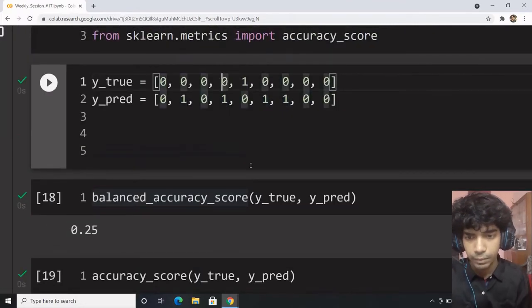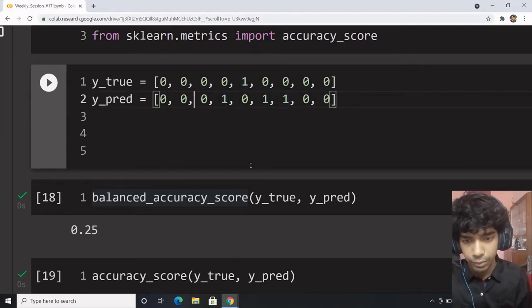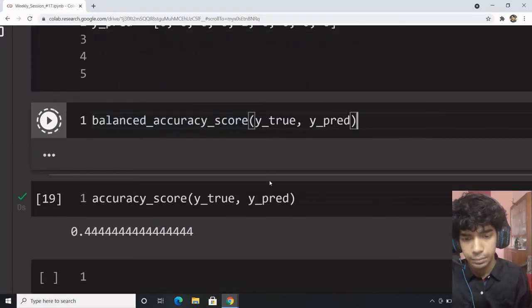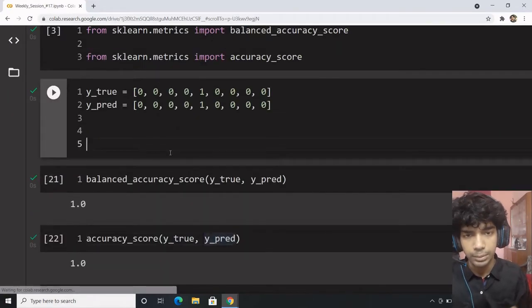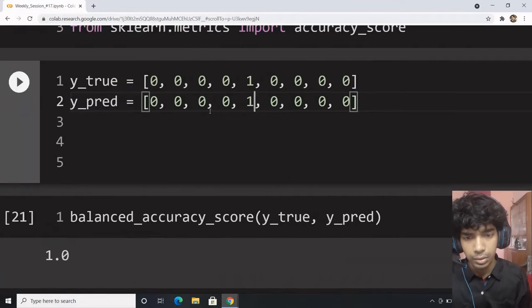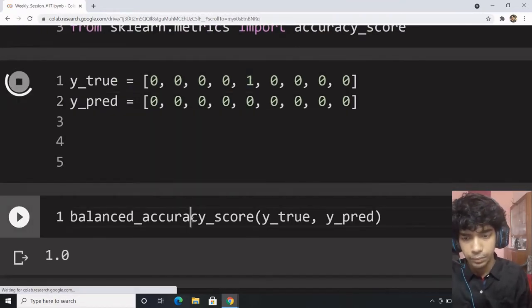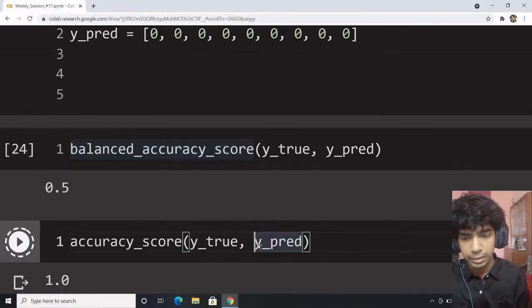Coming to this particular scenario wherein we have all the correct predictions, as expected. This is all correct. This is predicting everything as 0.